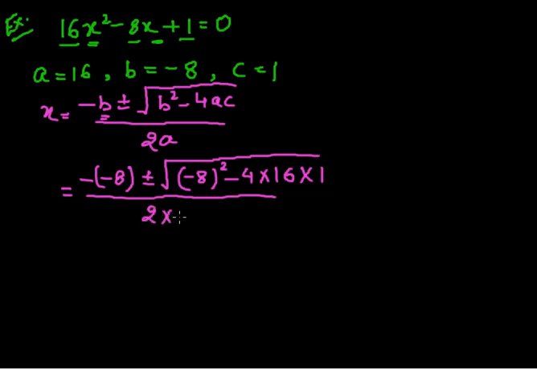Since negative into negative would become positive, it will be 8 plus minus negative 8 whole square will be 64 minus 4 into 16 is 64 again,